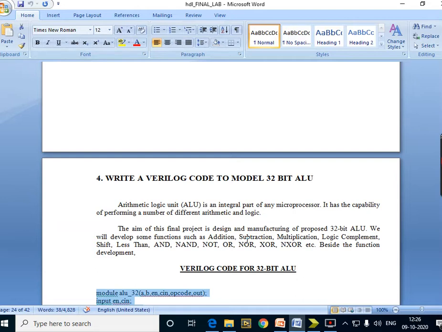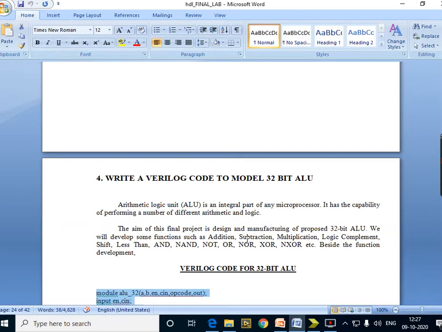Any embedded system, when it is processing data, obviously should consist of an ALU, and therefore today's discussion is based upon how to make these ALUs operational through Verilog code. Now we're going to create an ALU of 32-bit size, meaning this ALU is capable of adding, multiplying, dividing, subtracting, or performing any arithmetic operation, even modulus, on 32-bit data. This is a highly large data size which is computed on this 32-bit ALU.